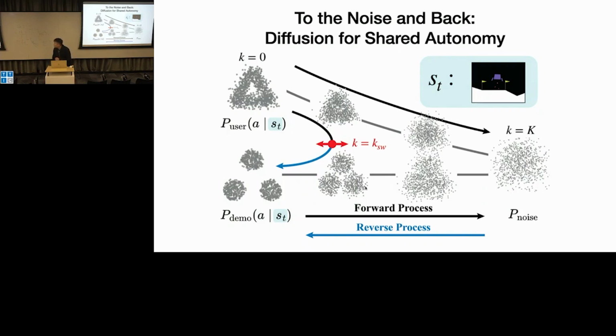First, we collect some expert demonstrations, and we train a diffusion model as it is. We forward add noise and we denoise to get this trajectory. And during inference time, when a user action comes, it's a totally new distribution that the diffusion model has never seen. What we are applying here is called a partial diffusion,